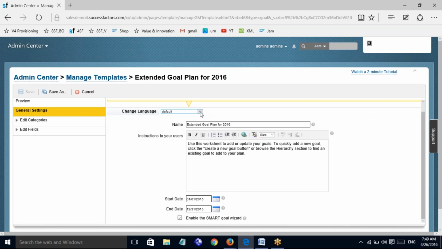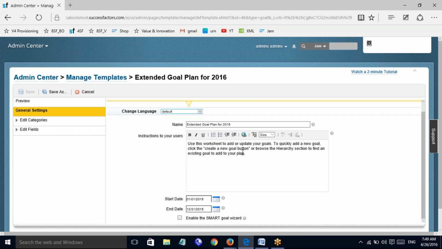It is not about the default that you see in the list of existing templates. This is your default language, or whichever language you have by default, you can select here, and you can see the name, and you can write the instructions to the users here. When you specify the instructions that the users will see here, the users will understand the use of this goal plan template, which will be used for the end users. Okay, as an administrator you can customize it.